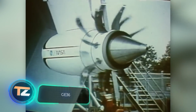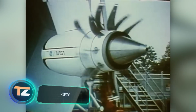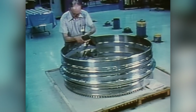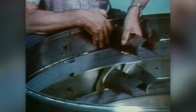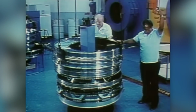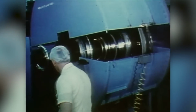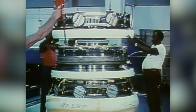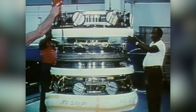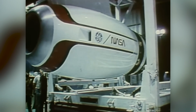Let's finish this selection with an unusual aircraft engine, the General Electric GE36. Its history is both interesting and didactic. Its development began and ended in the 1980s, and both times it was caused by jet fuel. The General Electric GE36 is a hybrid between a turbofan and a turboprop that was supposed to save airlines from rising fuel prices. Tests showed that consumption with such an engine was reduced by about 30%, with the prototype proving